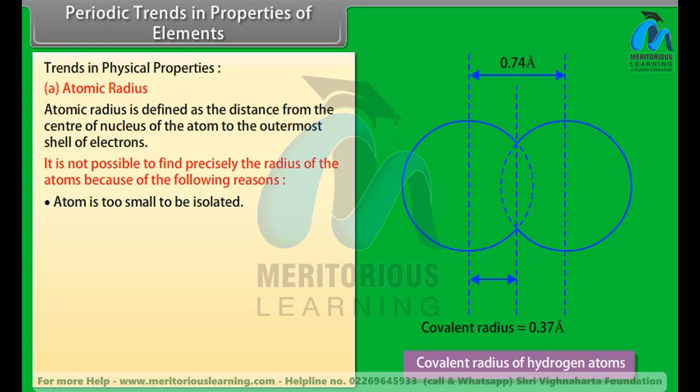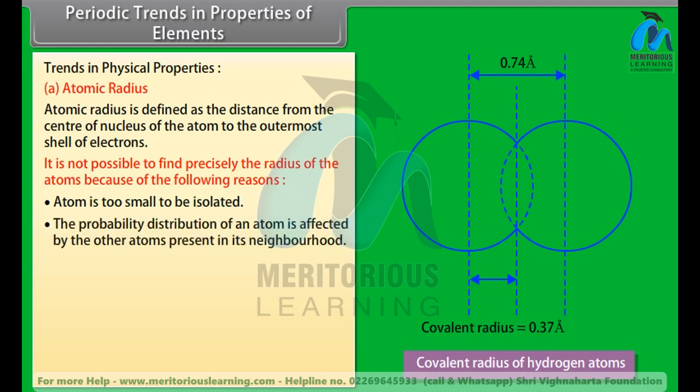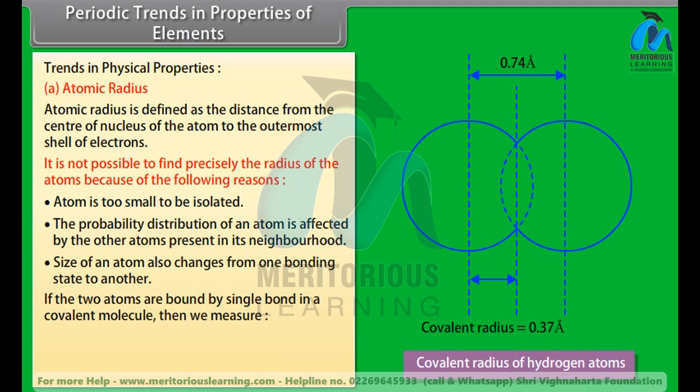Atom is too small to be isolated. The probability distribution of an atom is affected by the other atoms present in its neighborhood. Size of an atom also changes from one bonding state to another. If two atoms are bound by a single bond in a covalent molecule, then we measure